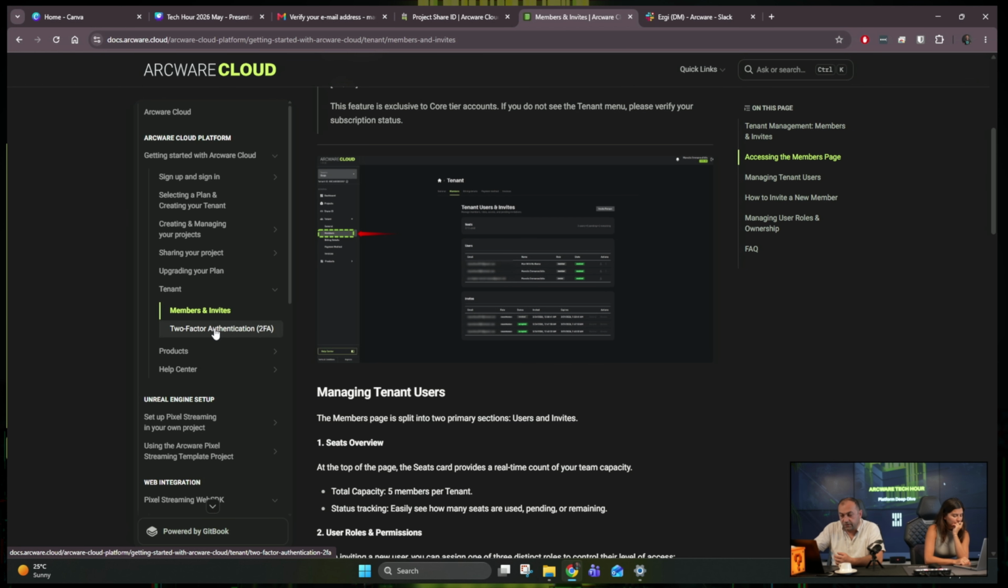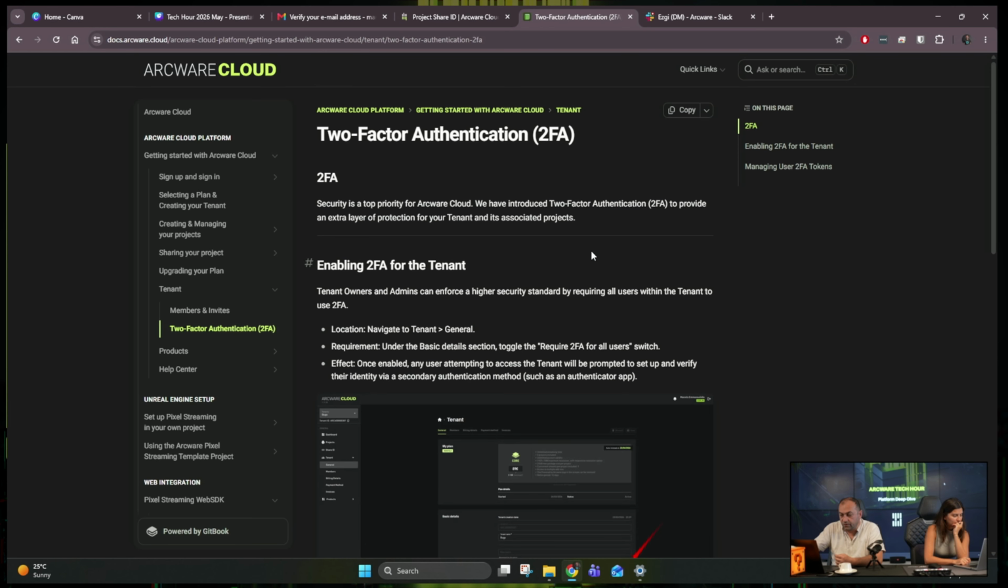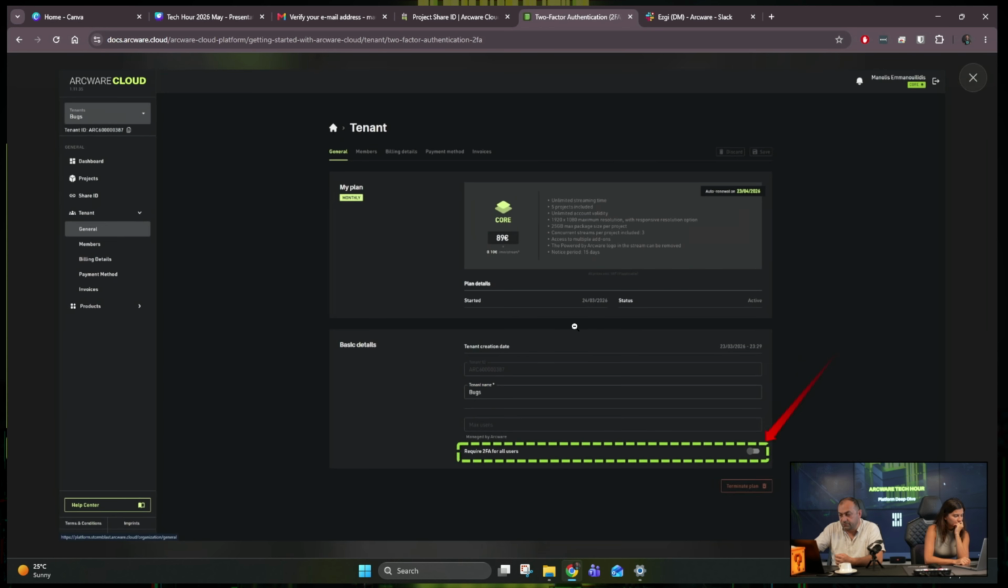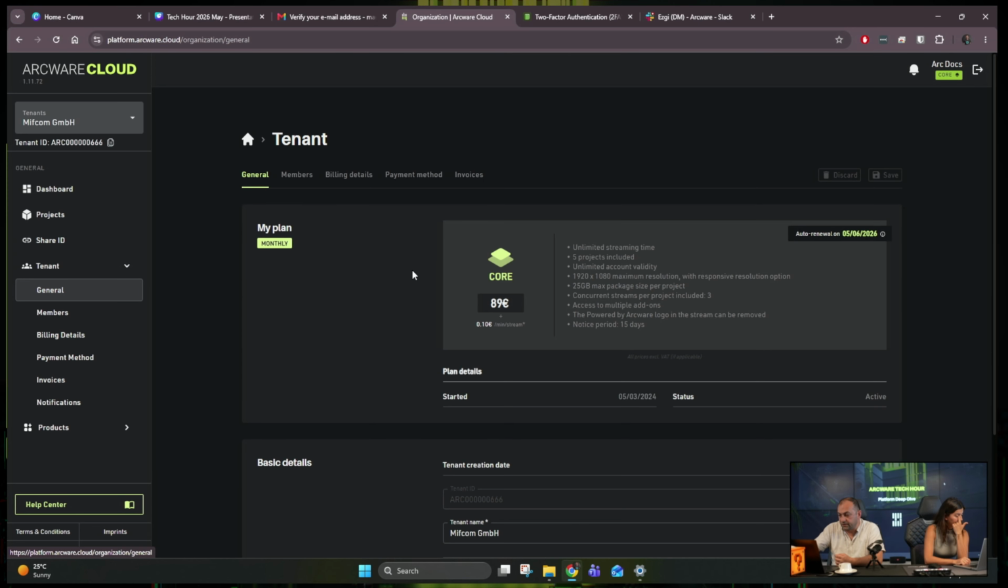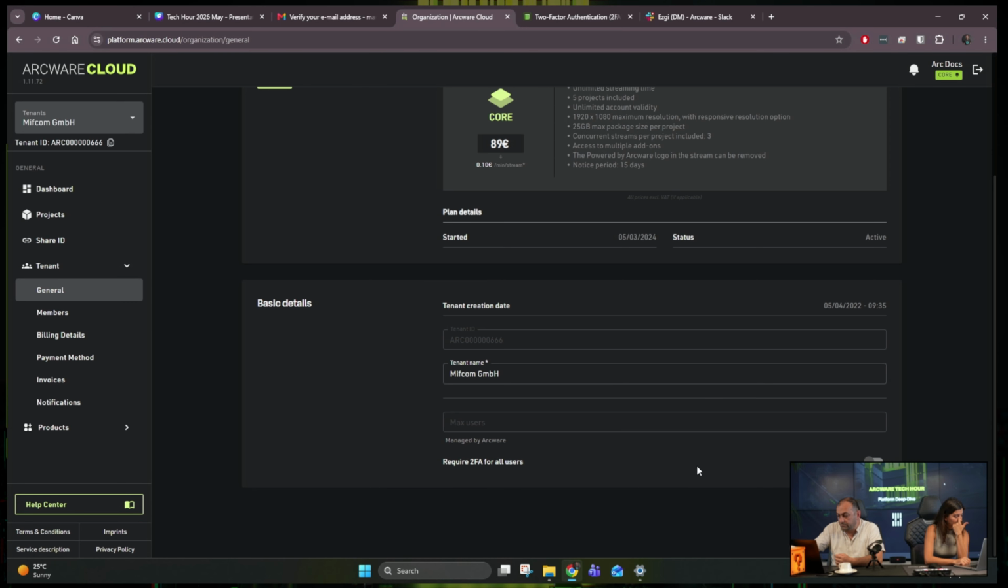And we also have 2FA, two-factor authentication, is enabled. You can find the option under generals here down. So you can enable 2FA for all users. This is one more layer of security, for whoever is interested and wants to enable it. We did it, of course, because it was highly requested